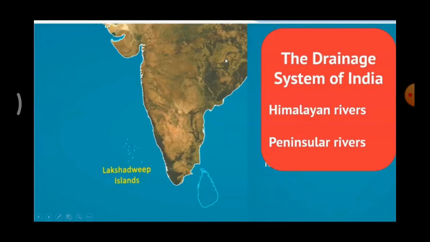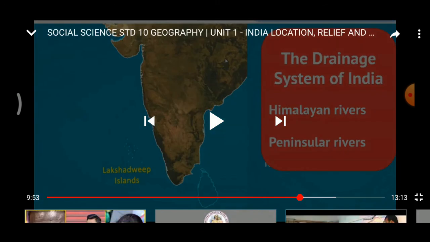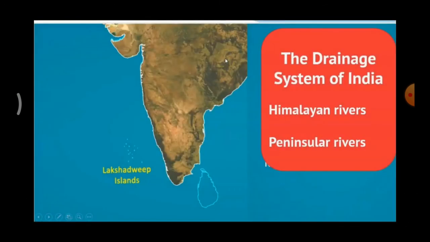Next one, the Brahmaputra river system. The river Brahmaputra originates from the glacier of the Kailash range, to the east of Lake Manasarovar in Tibet. So, to the east of this river, one lake is located. What is the name of that lake? Manasarovar. This river is called Jamuna in Bangladesh. After it joins the river Ganga in Bangladesh, the river is called Meghna. So before joining, it is called Jamuna. After joining, it is called Meghna.